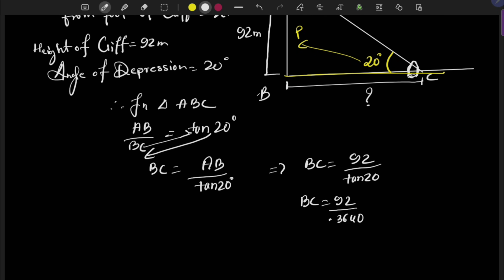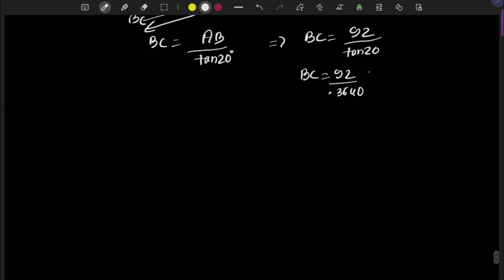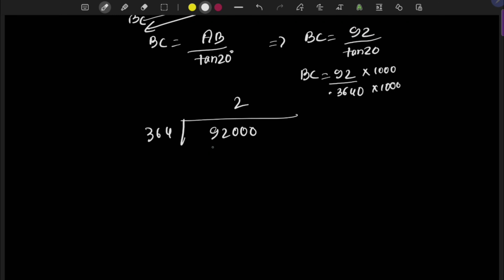0.3640. अब यहाँ करेंगे divide like in one of the question. So आओ करके देखते हैं. So you need to multiply it with what? Same 10,000 or 1,000. Let's multiply it with 1,000 only, because after that 1 0 is there. So it will become 92,000 by 364 is here, right? So let's start. 2s are, it will become 4, 2s are 8, 6 2s are 12, 1 7 28. Subtract 2 and then 11 minus 2 9, 1 192. 1 0 will come.